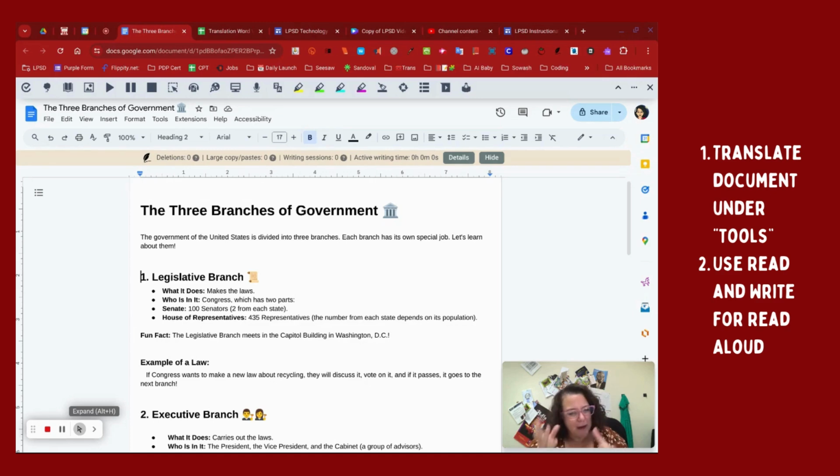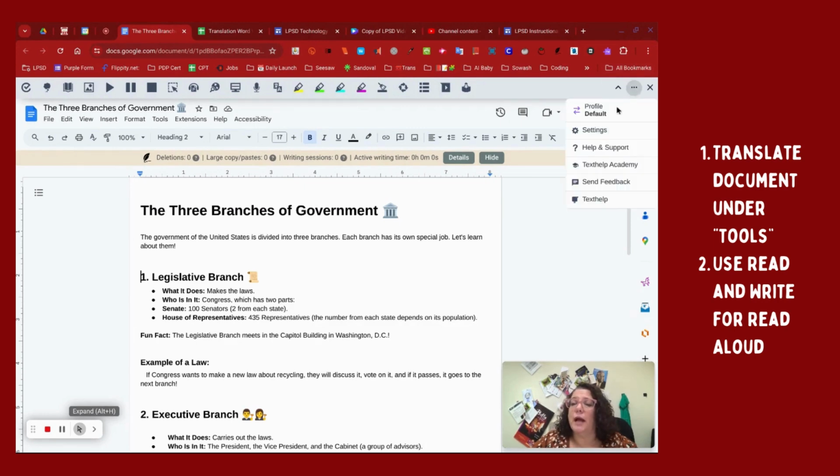So anytime you can break out that text and get it into a doc, your possibility of being able to reach kids with different tools increases exponentially. So I have this article that, let's imagine, the kids had to read on the 3 branches of government. First of all, the Read and Write extension works directly on this. I'm going to go up and check my profiles, and mine's at default, so that will be